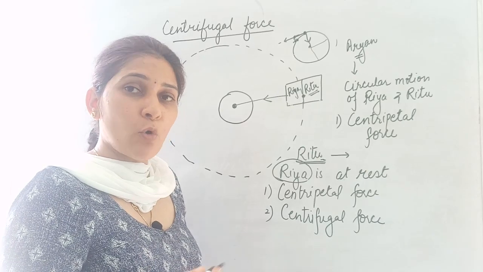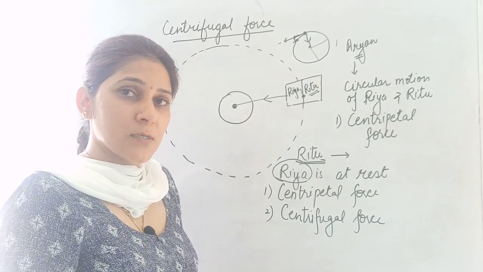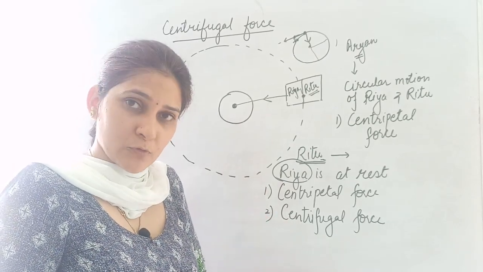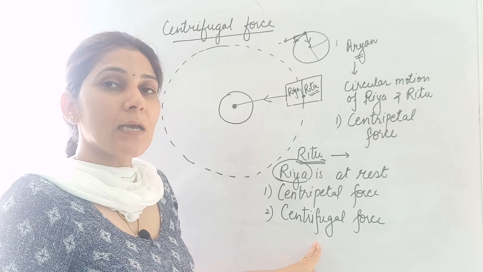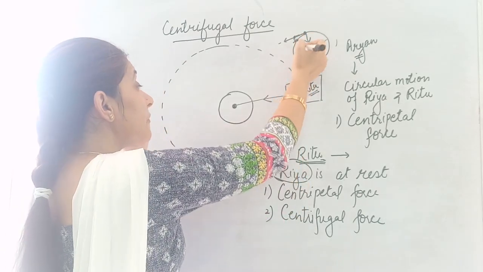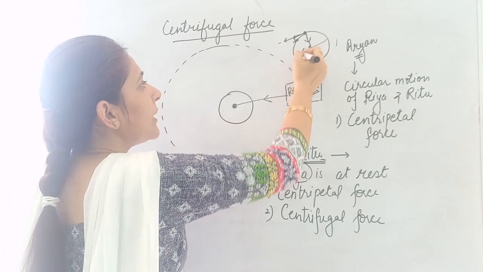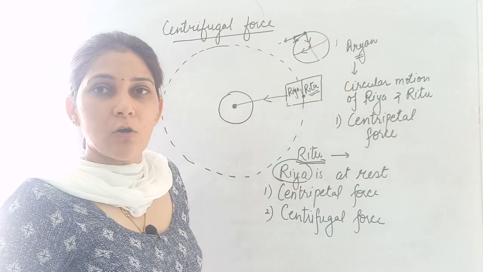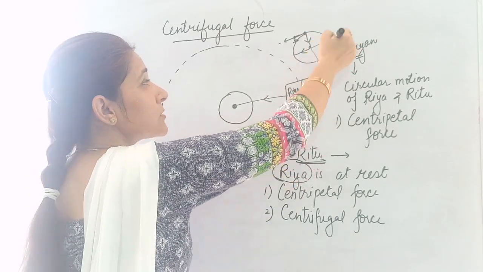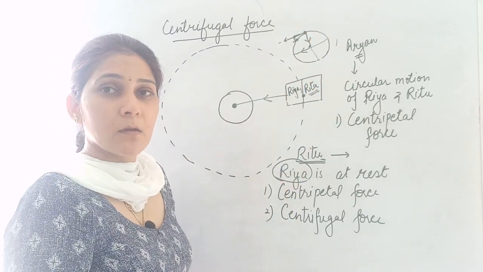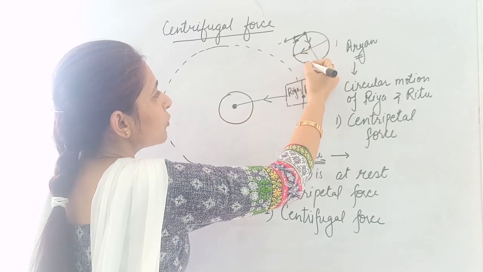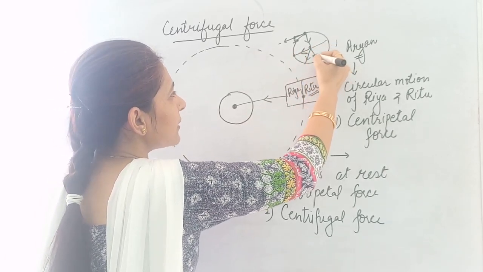Then to explain this, we need another kind of force that is actually not present, but to explain this scenario we have to imagine that force. That imaginary force is known as centrifugal force. What is this centrifugal force doing? This centrifugal force is acting in outward direction onto the particle, onto the person who is showing this circular motion. Okay, this centrifugal force is acting on the person who is moving in the circular path.